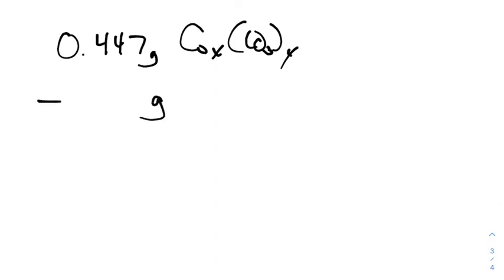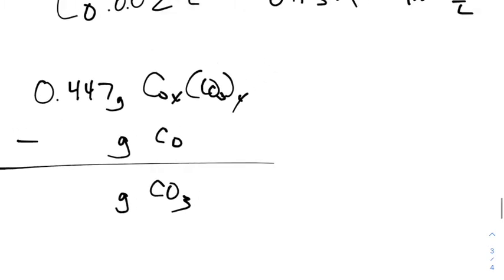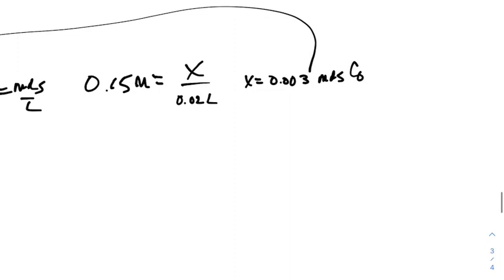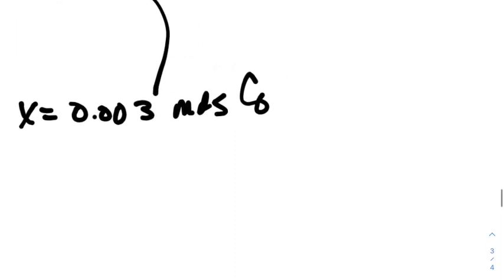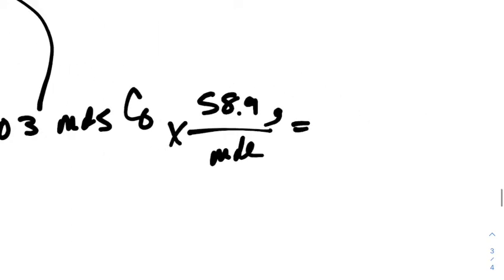And I'm going to want to subtract out the cobalt so that I'm left with the grams of the carbonate. How do I get the grams of the cobalt? Easy. I have the moles of the cobalt. All I have to do is turn those moles into grams. You check cobalt on the periodic table, and it weighs 58.9 grams per mole. So multiply by 58.9, and you end up with